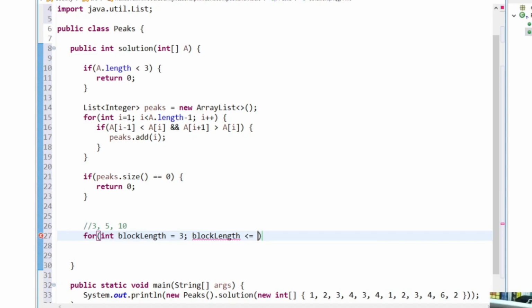Block length is less than or equal to a length over 2. It's now equal to, because in this case I need to check the block length of 6, and block length plus plus,